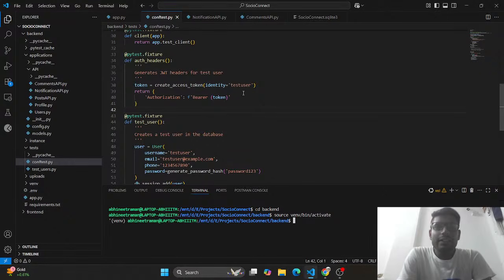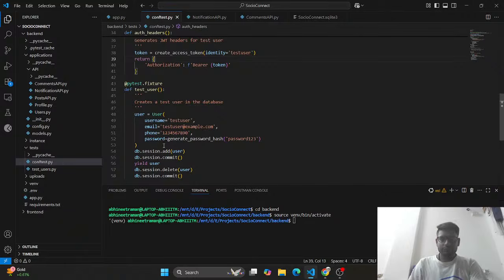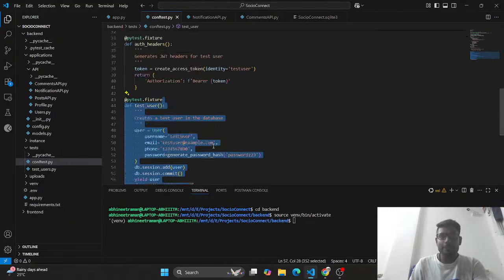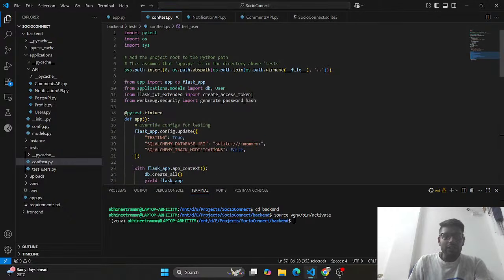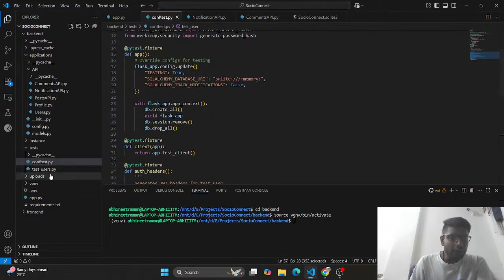So in the code part, now in profile we know we require some headers. To add that, we will again set up PyTest, and we create some tokens using this method, def auth headers, and we generate the token for this user. But this user doesn't exist. So we set up one user here in the test user, and again it is added in the configuration of the PyTest. So now after adding all of those things, we will do a testing of this,